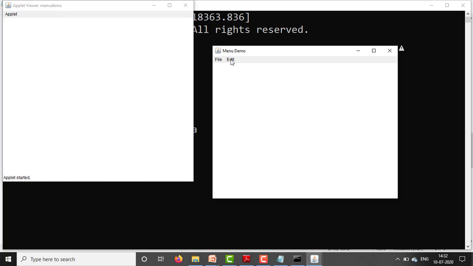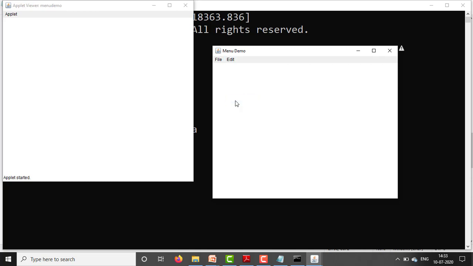Next, here one bar is added, that is the menu bar, and here two menus we have added: the file menu, in that open, new, open, close, separator and quit, and the edit menu: cut, copy, paste. After that one separator, the special menu we have taken as sub menu, and in that sub menu the items first, second, third, and after that debug, testing, and these are the checkbox menu items.